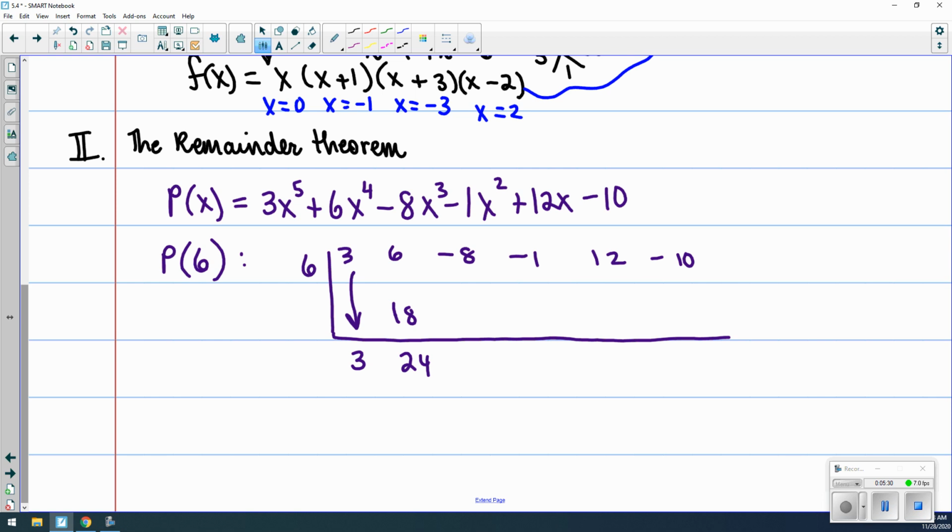Then add, 6 plus 18 gave me 24. Multiply now, 6 times 24 was 144. And then we add. That's 150. Now I need to multiply 6 times 136. This is getting big fast. 816. And then we add 815. We multiply 6 times 815 is 4,890. And we add, and then we get